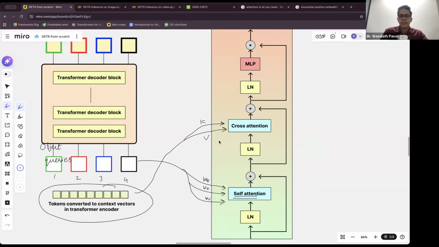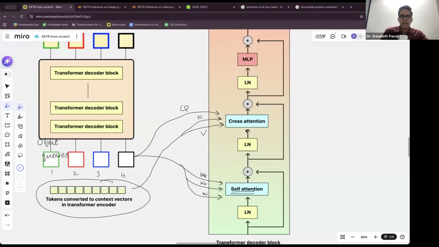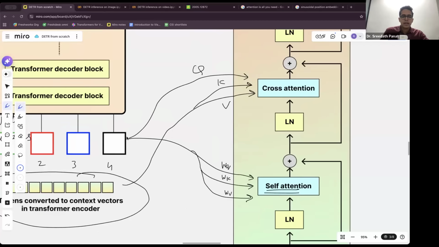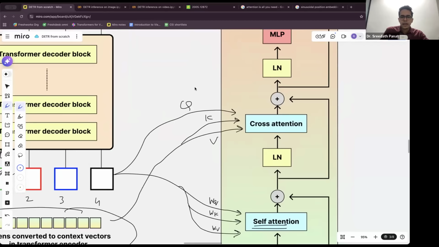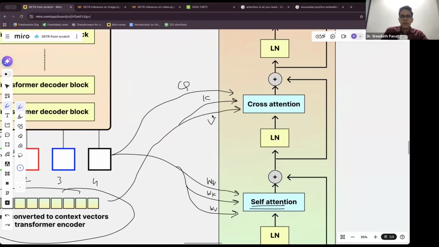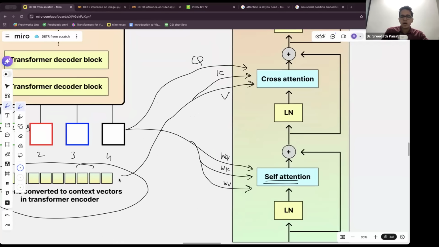Value and key. And queries will be the tokens, object queries converted into Q. So that is why this is called cross attention. So now look at this. The object queries will be converted using a WQ matrix into Q. But for key and value, you take the context vectors, which are the output from the